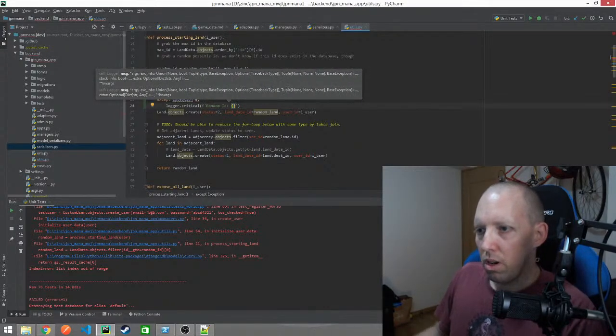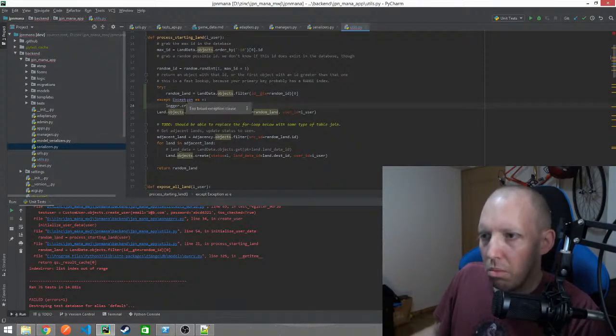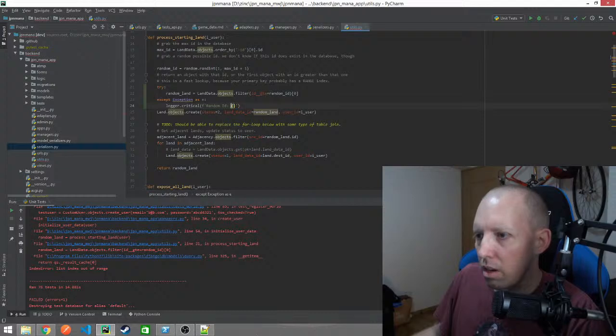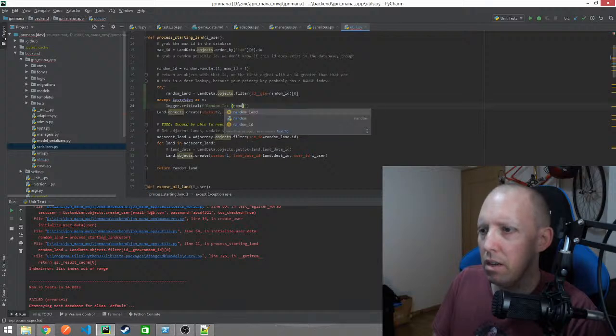Let's just print what's going on here. Okay, so we as E, and this is probably too broad. Yeah, well, that's fine. So essentially what we're trying to do here is we grab a random ID,